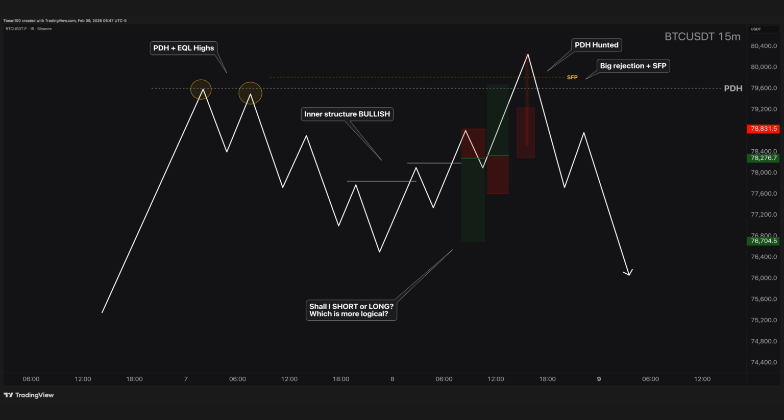Another important thing to check is whether the structure has changed and the inner trend has now turned bearish. If the momentum shifts and the inner structure flips to bearish, then taking a short and following that new momentum becomes the better idea now. So basically, this is how you read the clues the market is giving you and use them to guide your